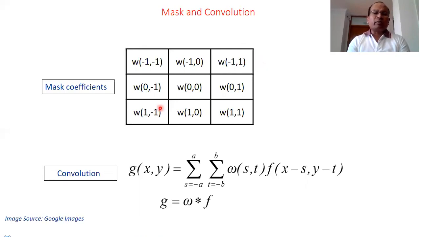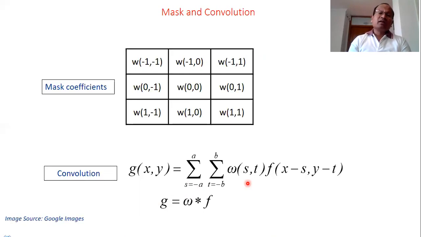So when we convolve, as I told you, this is your window function. What is our input image? Input is f(x,y). What do we want? g(x,y). So we can write g as the convolution between w and f. So how do we convolve in the time domain? In the frequency domain, it is very easy, but now we are not discussing the frequency domain method. We are discussing the time domain.